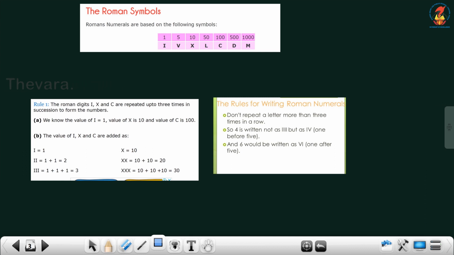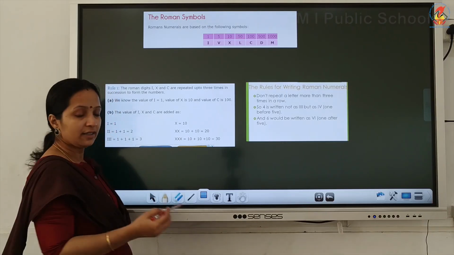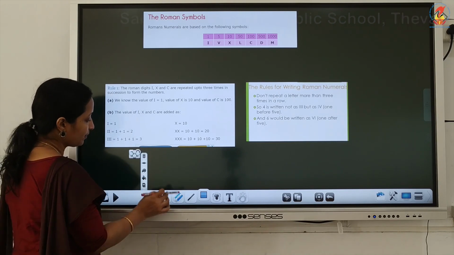I means 1. If 2 I's are there, what is the meaning? 1 plus 1 is equal to 2. And if 3 I's are there, 1 plus 1 plus 1 is 3. And X is 10. XX means 10 plus 10, 20. And XXX means 10 plus 10 plus 10 is 30. If it is C,